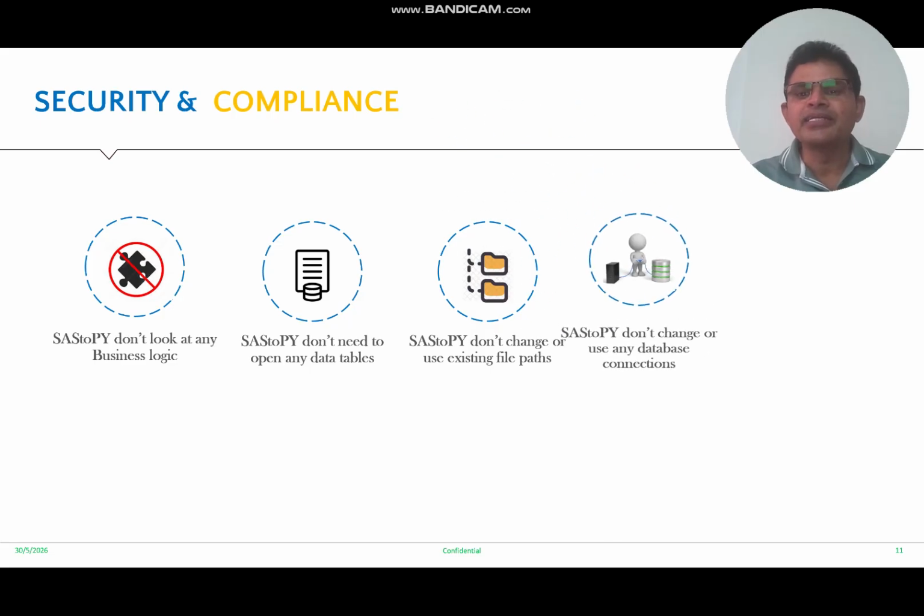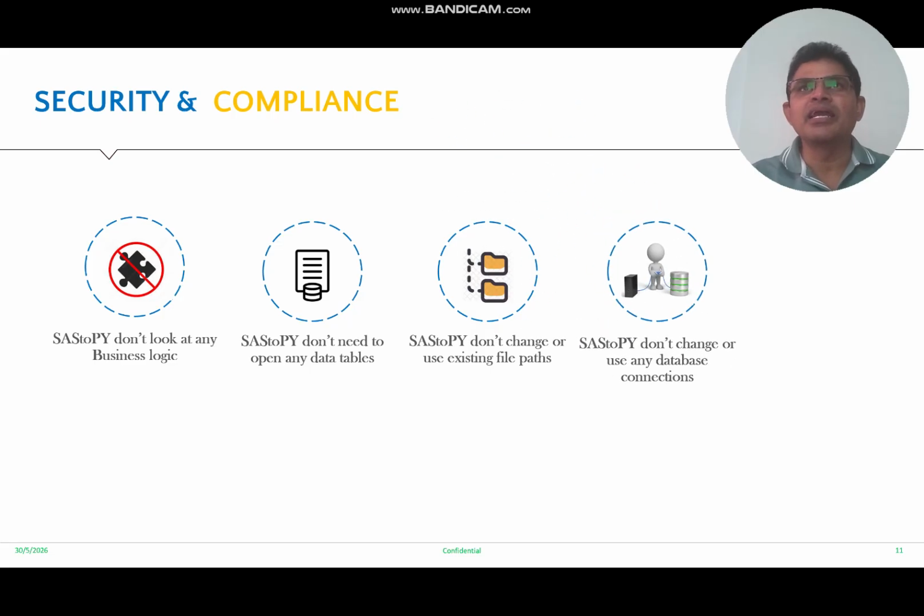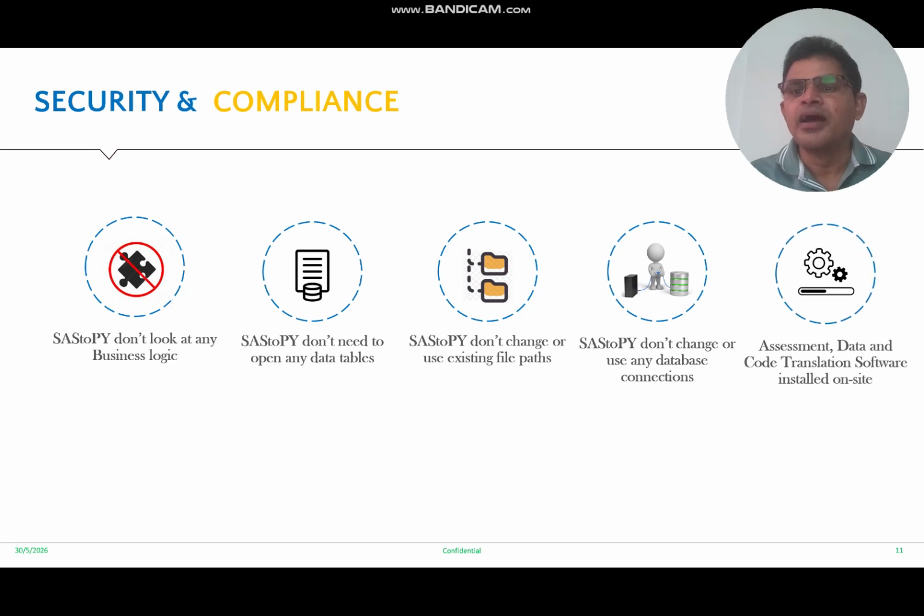And we don't look at any database connectivities. We don't change those things unless you give new target configurations. And the most important thing, we are not taking anything out of your environment. We will be installing these three parts of the software into your environment, and